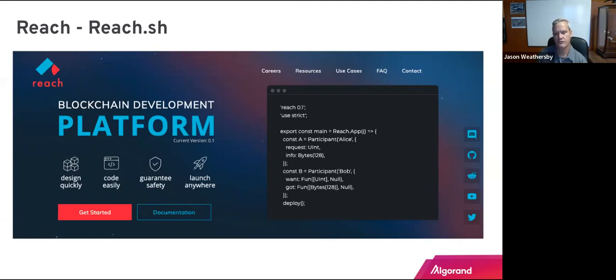The primary thing is it's written in a JavaScript-like language where you primarily focus on the business logic in the code, and you write all the business logic and let the framework generate all the smart contracts for you. That'll be the next one coming up, and I hope you attend it if you're interested in smart contracts